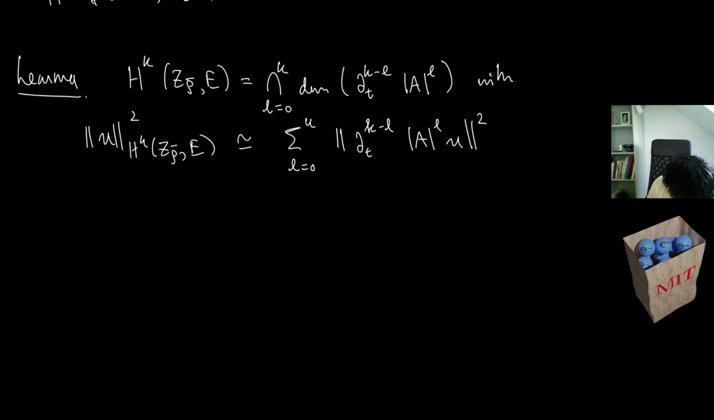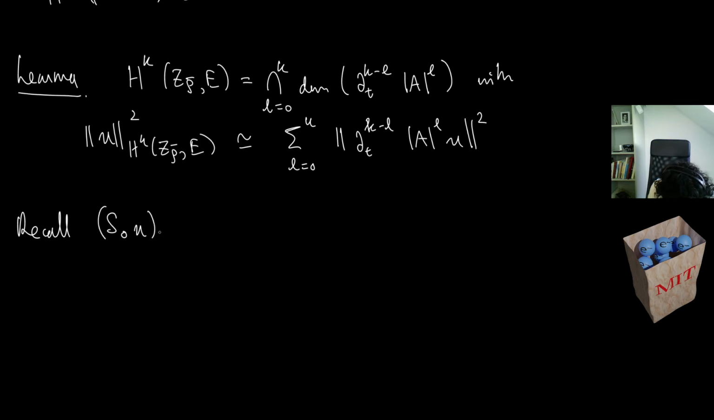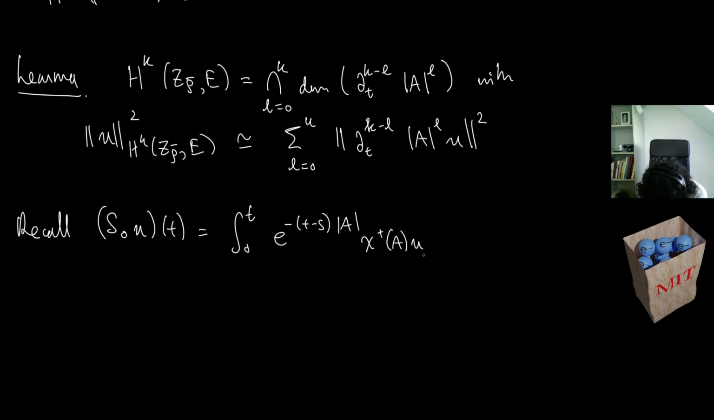So why do I want this lemma? Well, the main thing we want to prove today, or one of the main things, is the following. Let's recall that we define this S naught of u of t as equal to what? This was the integral from 0 to t of e to the minus (t minus s) modulus A chi plus of A u